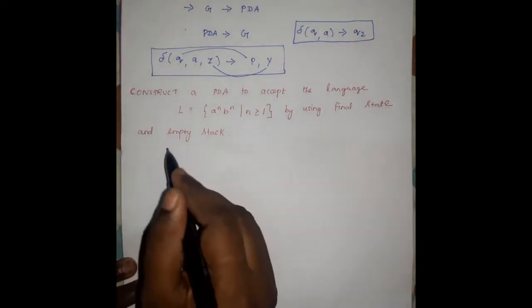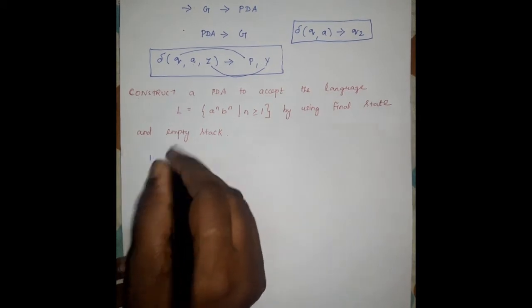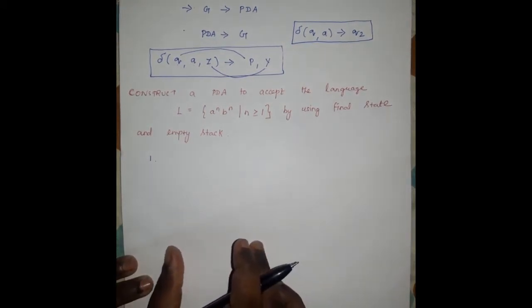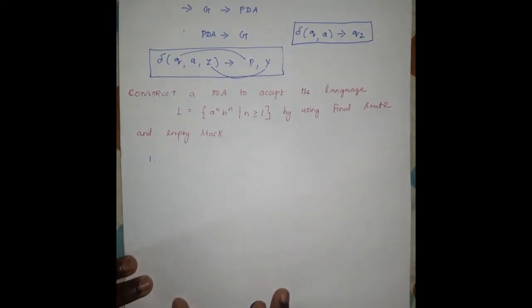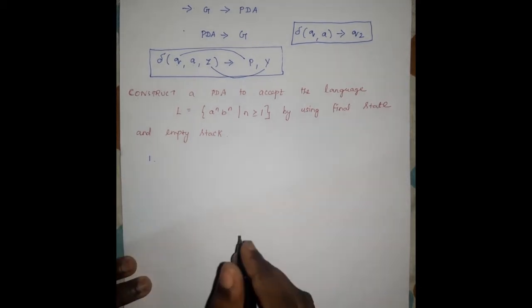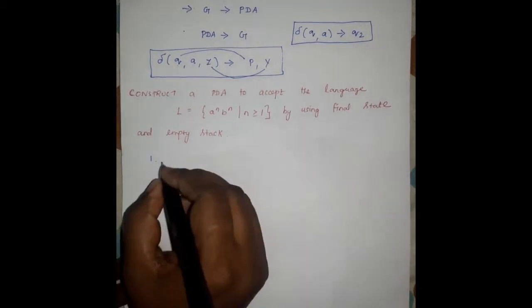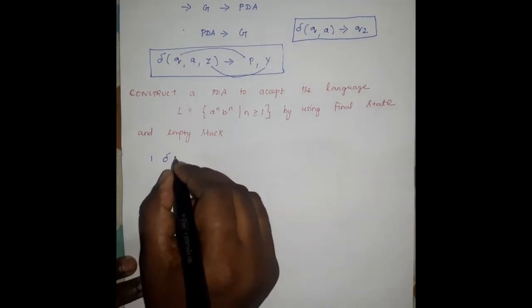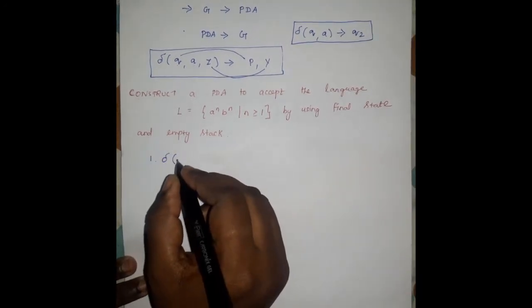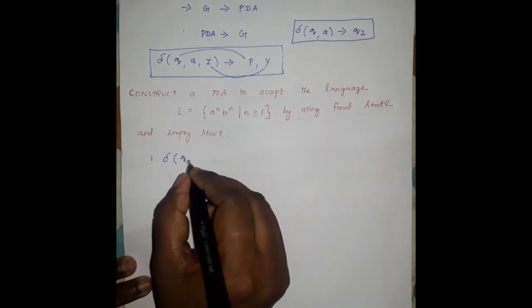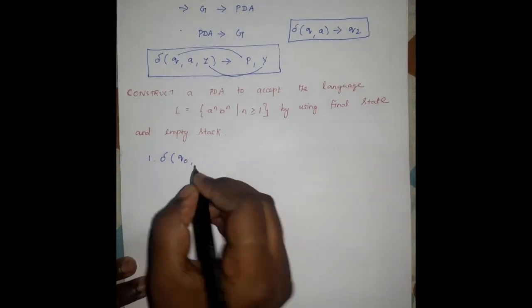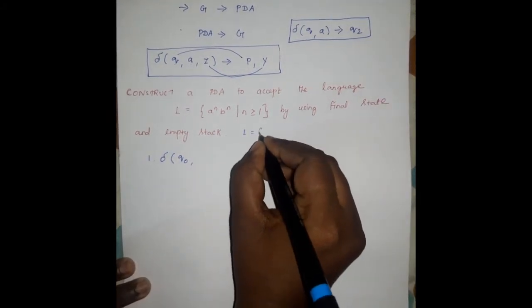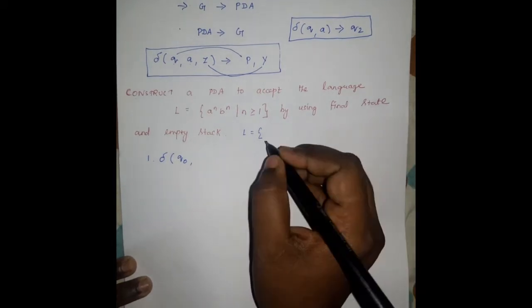So in the first step, before constructing the push-down automata, we write the transition function for each and every input symbol and current state. After that we can easily draw the push-down automata for a language. So the first step is to write the transition function. The transition function is represented by delta of the current state. I am taking q0 as the current state; otherwise you can take the initial state as q1, right? So q0.